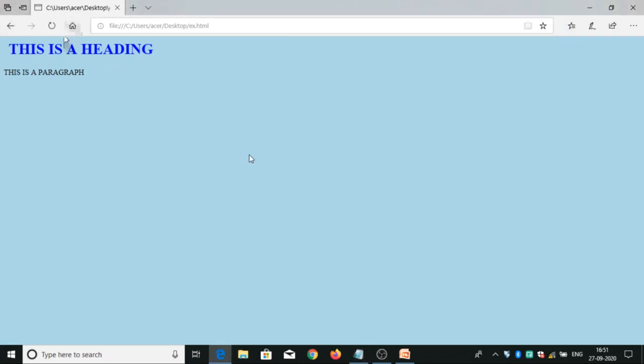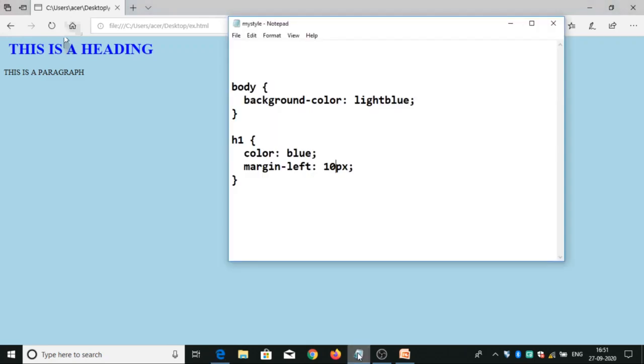Color equals to green. Instead of blue, I am using green.